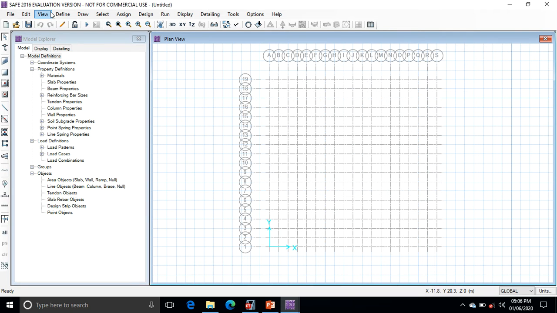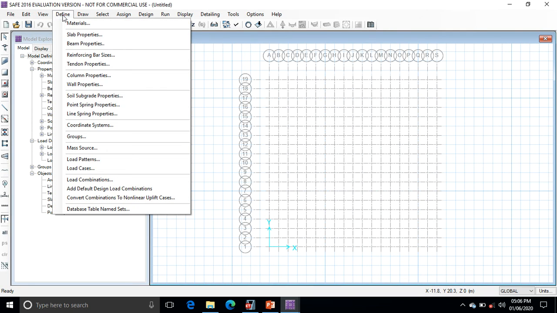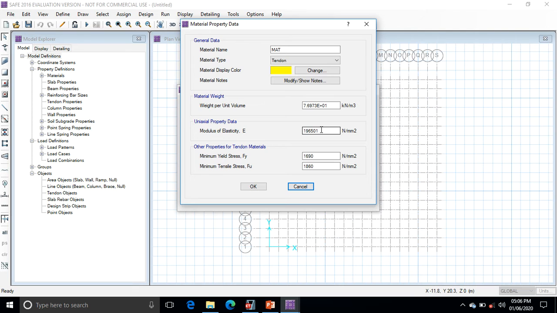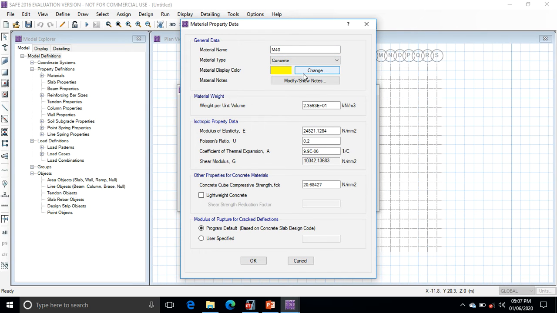Okay, then go to the define menu, material property. Here add new material. Okay, click here. M40. Material type is concrete.